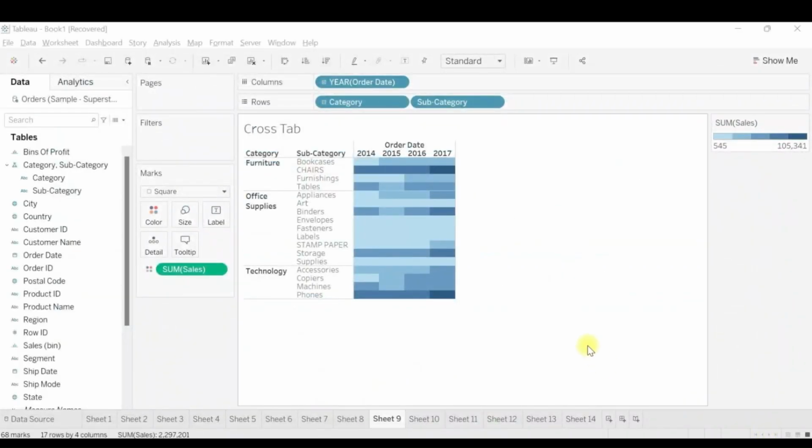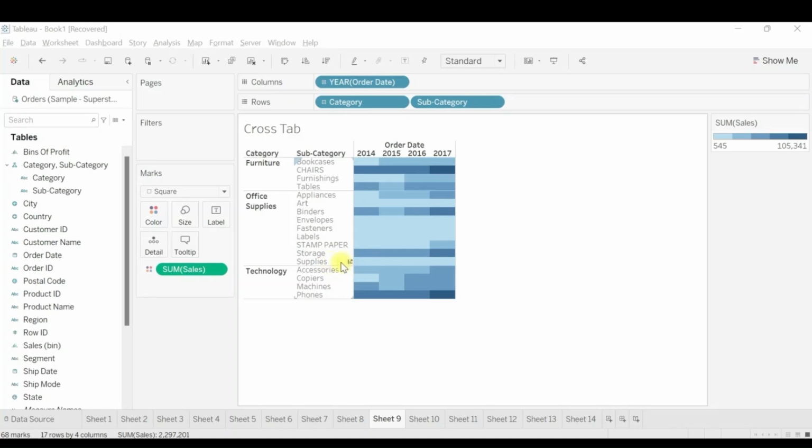So in Tableau Desktop, I have created a crosstab that is showing years of the order date in the columns and category and subcategories in the rows. Now let's say we want to group the data. For example, storage and supplies.